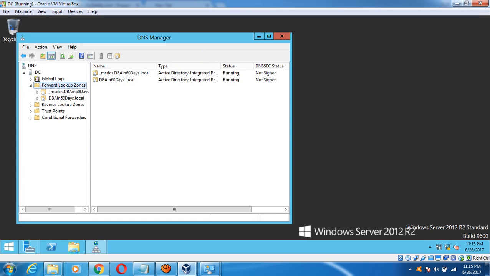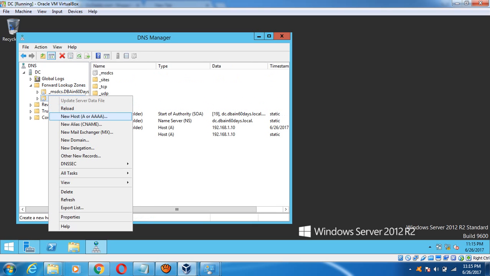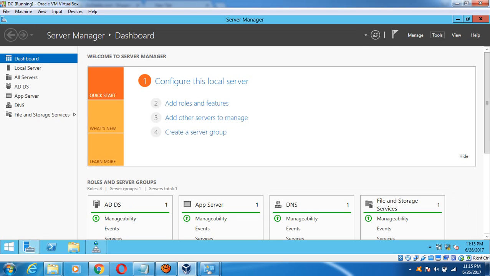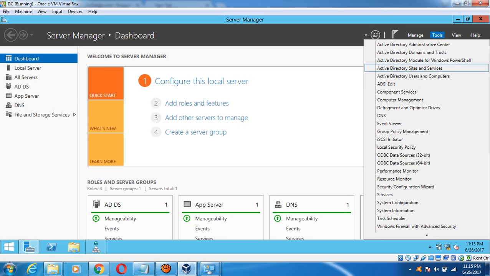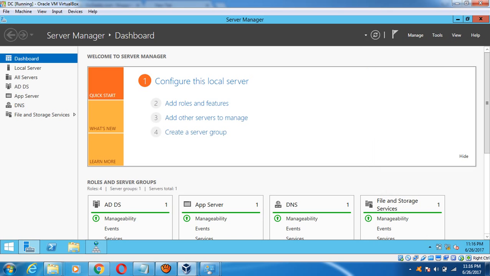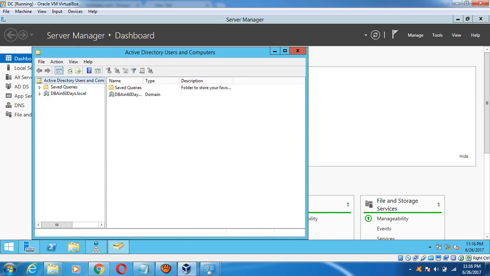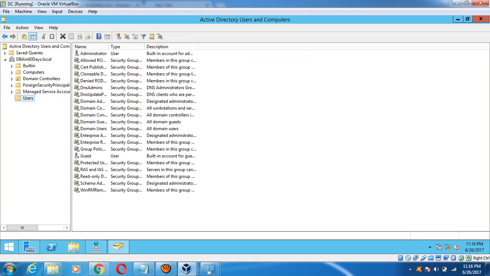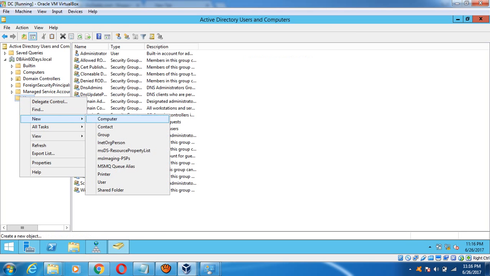Now go to the forward lookup zone, and this is our domain. We need to add a new host, but we can wait for that. And now we need to go and configure the user, Active Directory Users and Computers. So what we need to do is create a user with any name and provide admin rights and domain admin rights. So here is the user list, and we can add a simple user,